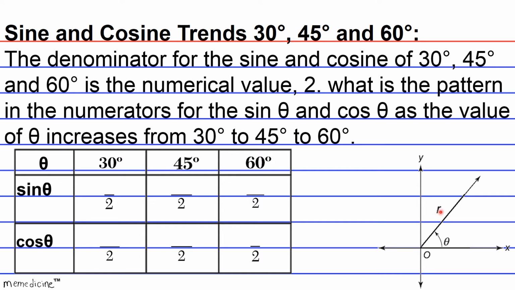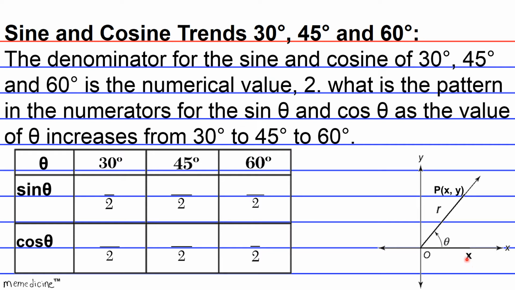And the fourth feature of this standard position concept is that we're gonna play around a little bit. We're gonna cut this terminal side ray off right about here at point P, P being short for point, and it's going to have the coordinates x, y, as indicated. So for our purposes, the extent of this terminal side segment, which was formerly a ray, but it's now a segment because it's bound between two points, the points being the origin and P, it's going to go to the extent of its x-coordinate, which we'll indicate here.